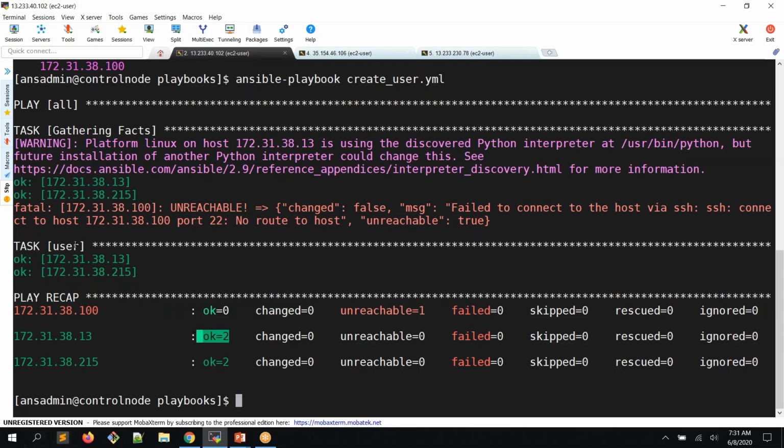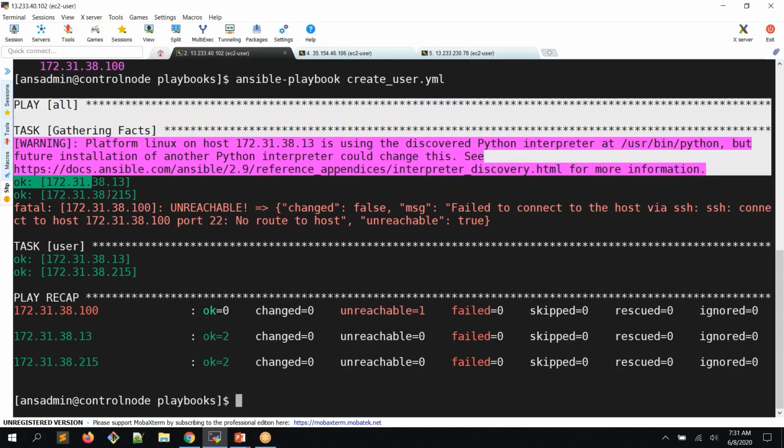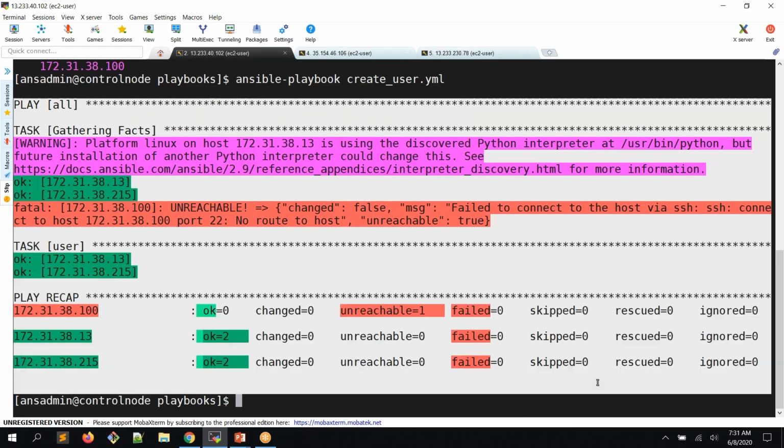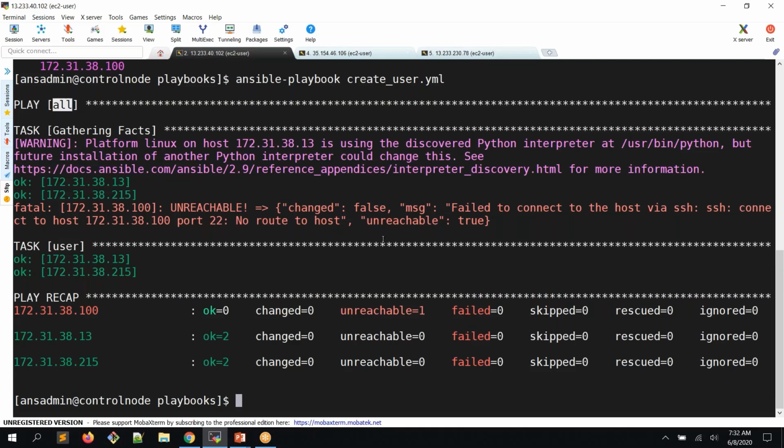Why? Because whenever we get output, we don't have appropriate information on what exactly this playbook is doing. Which user is it creating? Here, it just says play. So we can give an appropriate name or appropriate output while executing our Ansible playbook. For that one,